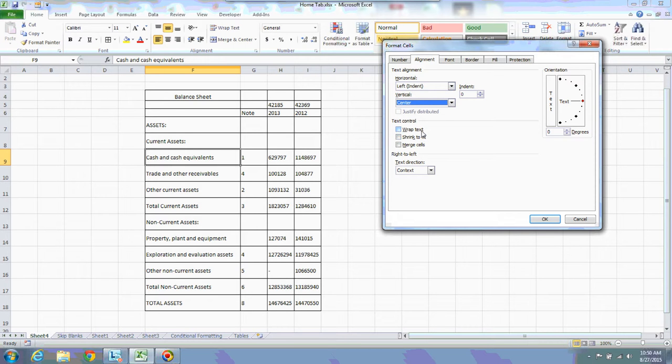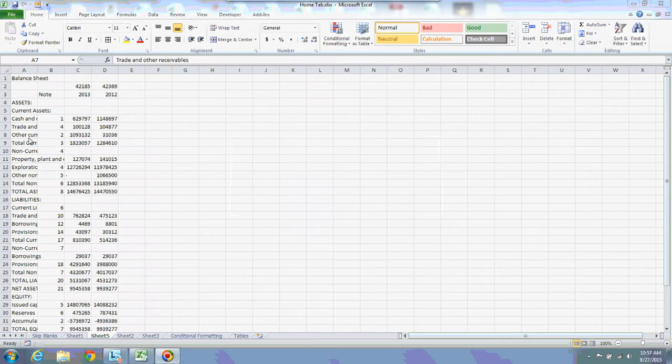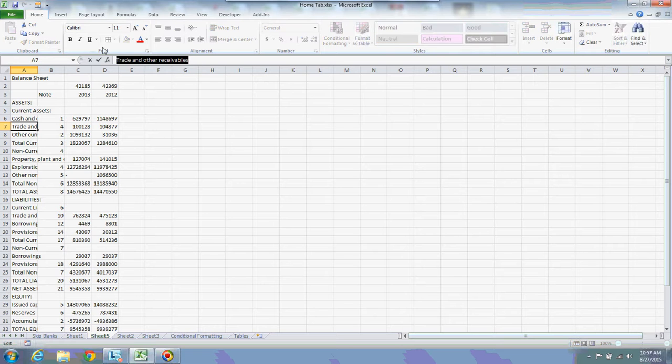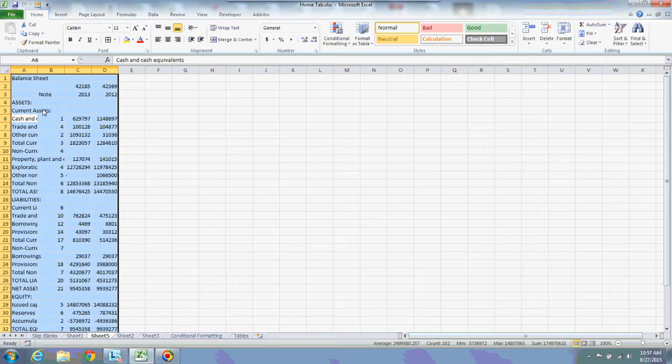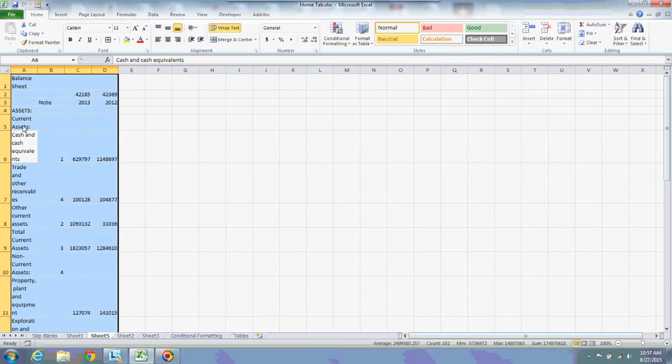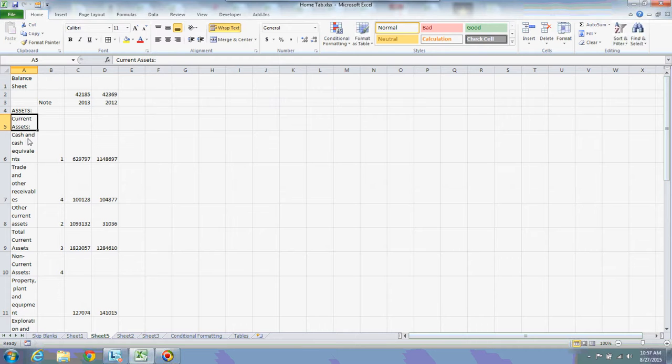Now let us explore the different options over here. If you observe this table, you can understand some of the extracts are not properly visible in their respective cells. However, you can see the full content of the particular cell in the formula bar. Now what I am going to do is, I am selecting the entire contents of the particular table. I am clicking on wrap text. As soon as you click on wrap text, some magic has happened. Now I am able to see the cell contents in that particular cell itself. This is called wrapping the text.